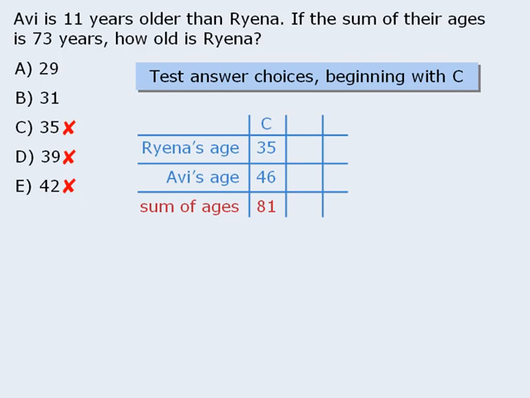At this point, which answer choice should we test next? Well, it does not matter which one we test next because we are only going to test one more answer choice. If we test answer choice A and it works, then we have found the correct answer. If we test answer choice A and it does not work, then we will know that answer choice B must be the correct answer and we will select it and move on. So let's test answer choice A, which tells us that Raina is 29 years old. Since Avi is 11 years older than Raina,